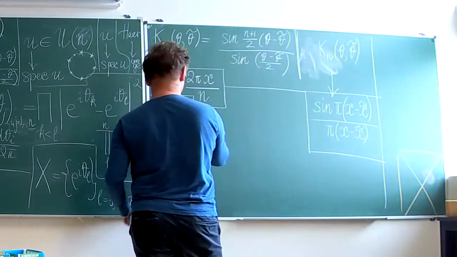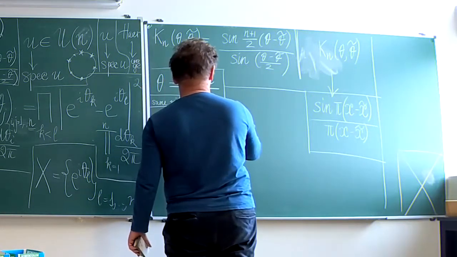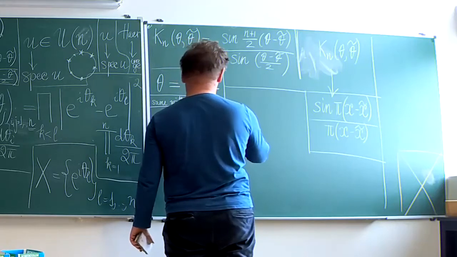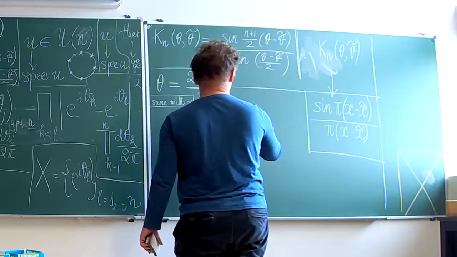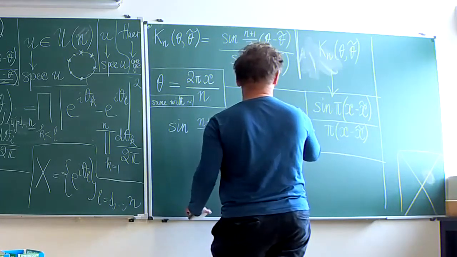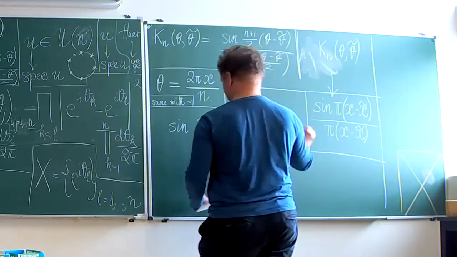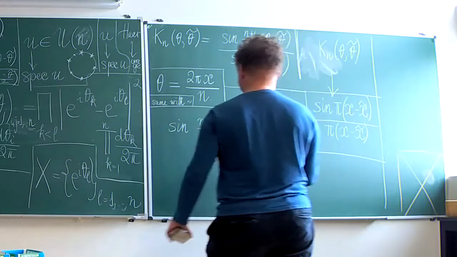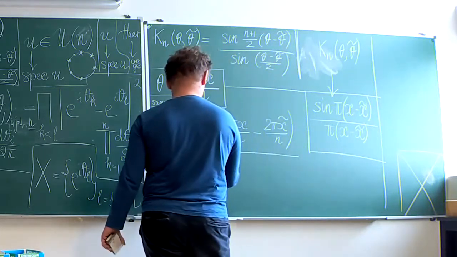So okay, sine of (n plus 2) over 2, plus 2 pi x over n minus 2 pi x tilde over n. This is good. This just goes to sine of pi times (x minus x tilde). We're in great shape. Now, as regards this one, sine